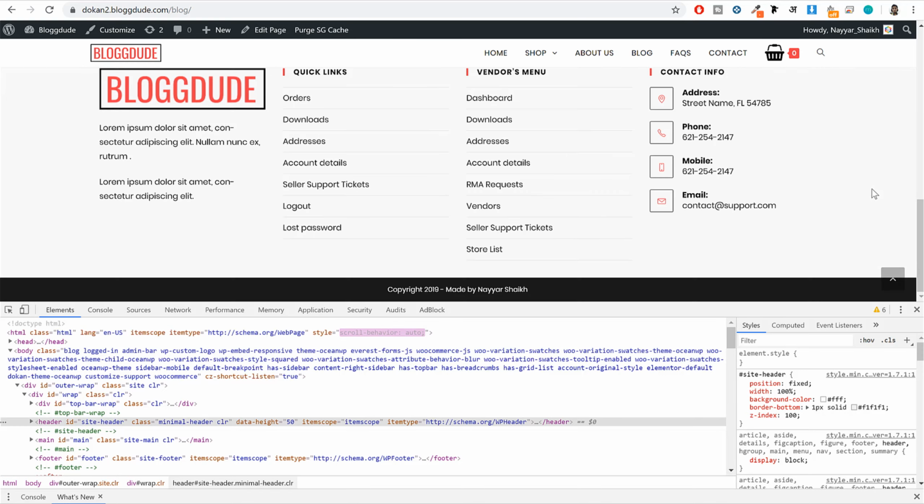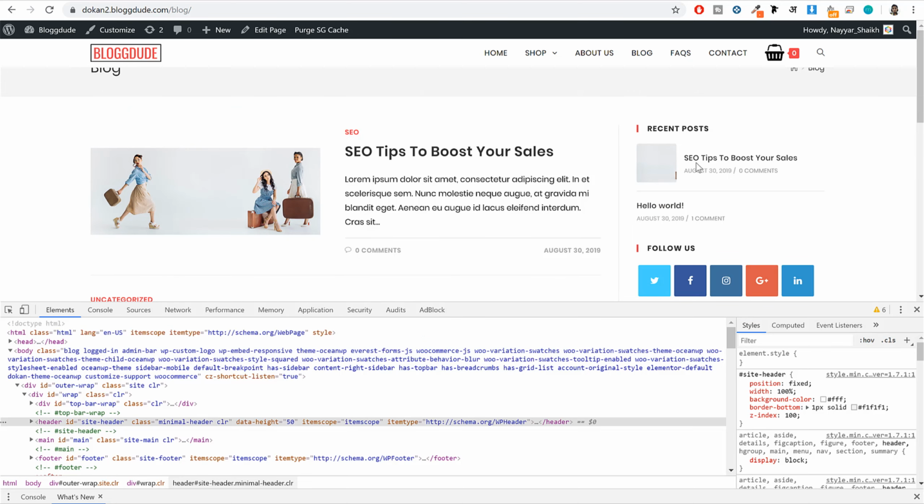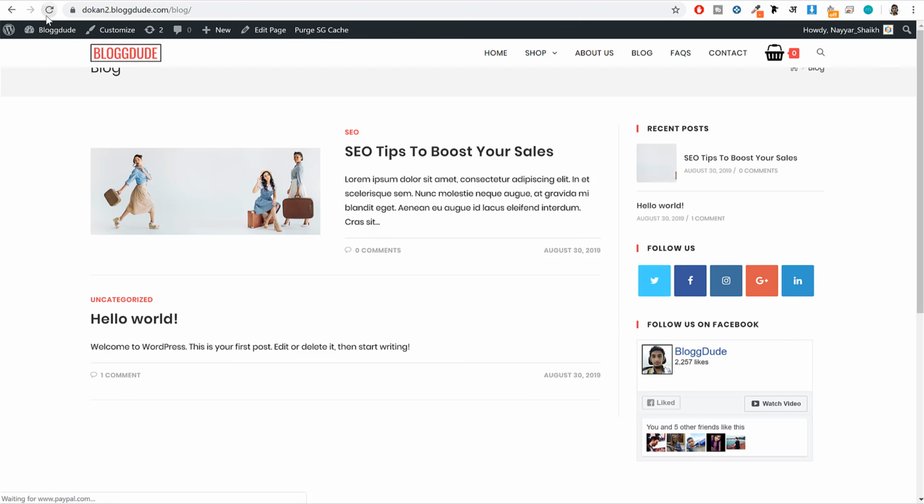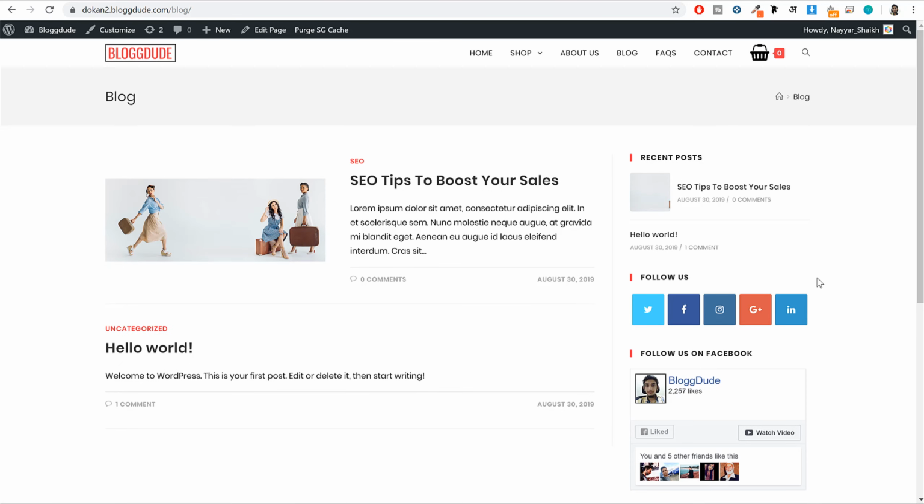Okay, as you can see, the menu is sticking with you. So if you want to make your menu fixed, you can use this option as well. Then after that, let me first refresh it. Then we have, okay, there could be one more thing